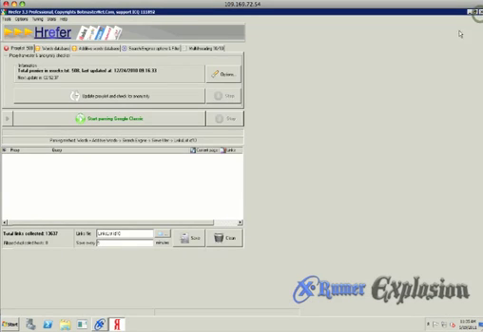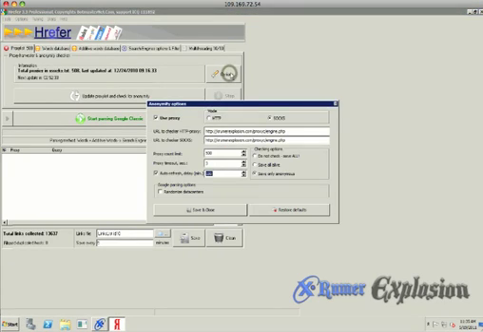So let me just get out of that. And now we're going to go to the options in HRefer. Now, like I said, you have to use proxies, otherwise you're not going to get any results, so definitely make sure this is checked. And for mode, you're going to want to go to SOCKS. And for the URL to HTTP proxy, I've created one for you. So here, I'll type it in again. It's going to be